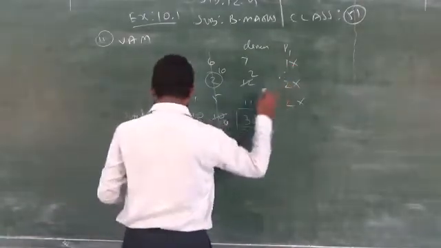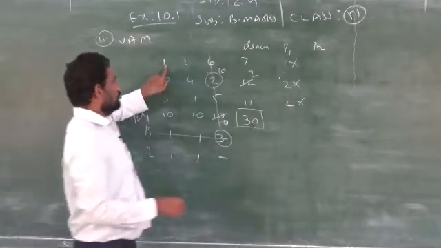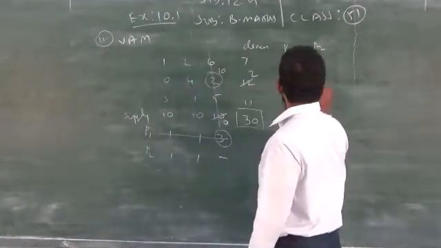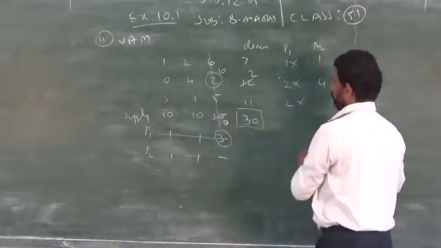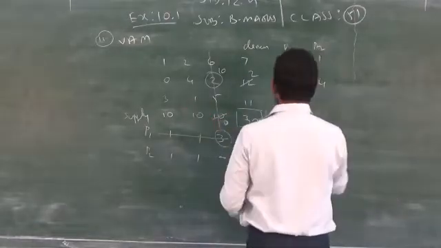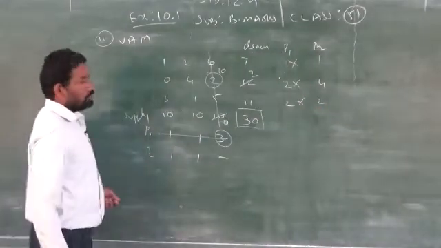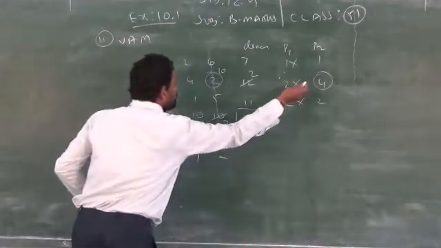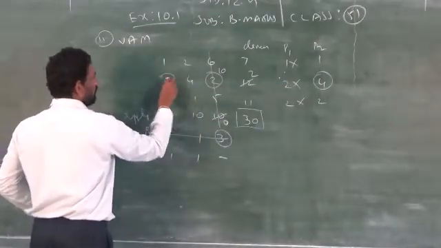Now go to this, this is P2. There also P2, the difference is no changes. Here the changes will come, 4, because this is eliminated, therefore 4 minus 0, 4. The next one 3 minus 1, 2. Now tell me, in penalty 2, which one is the greater one? 4 is the greater one. You see the corresponding row, which one is the least one? 0 is the least one, so circle it.